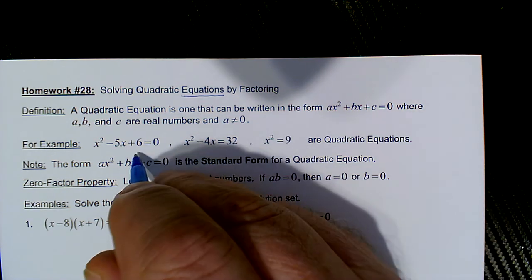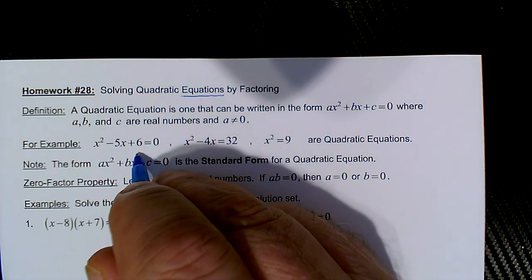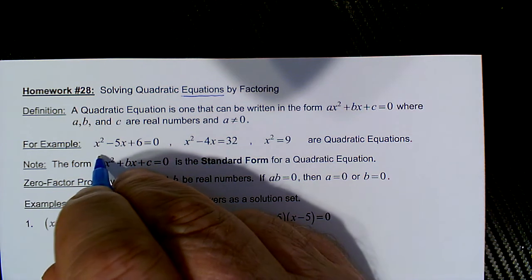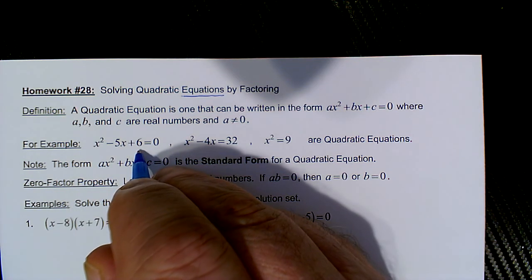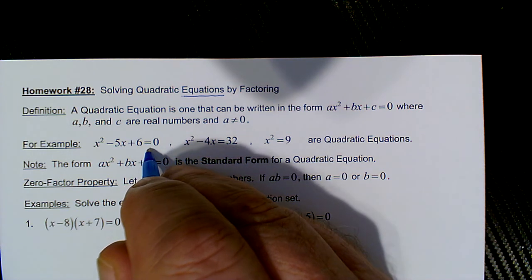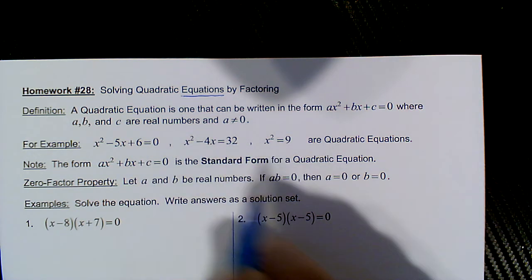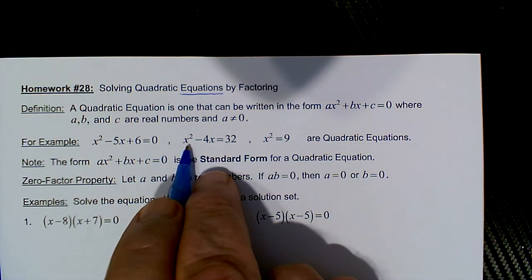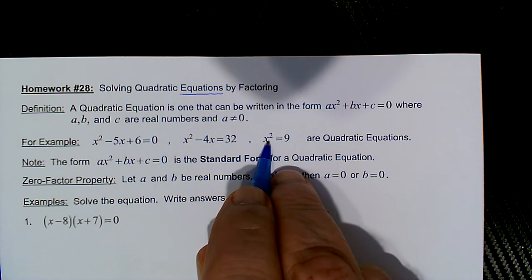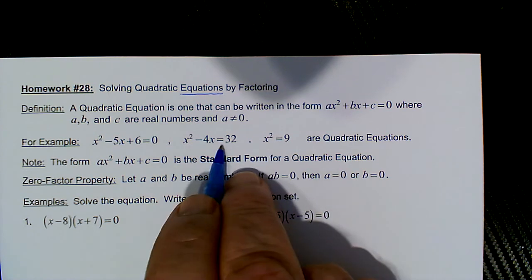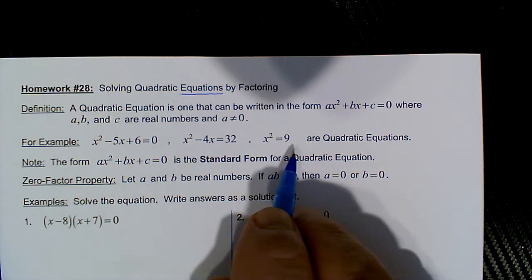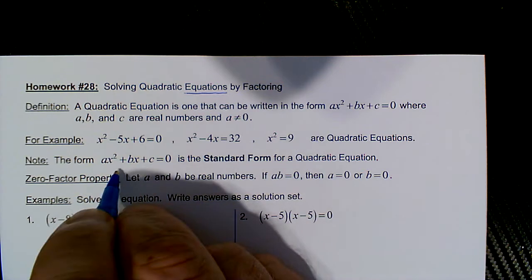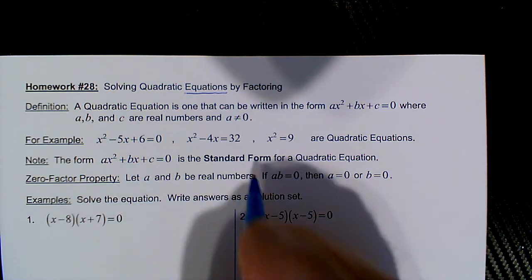So here are examples of some quadratic equations. We look at this, x squared minus 5x plus 6, a classic quadratic trinomial, certainly looks to be factorable, but note that it's set equal to 0. Here are a couple of examples that are quadratic. Again, you could tell it's quadratic because of the squared terms, but they're not set equal to 0. So those are all quadratic equations, and when we do set it to 0, that's what we refer